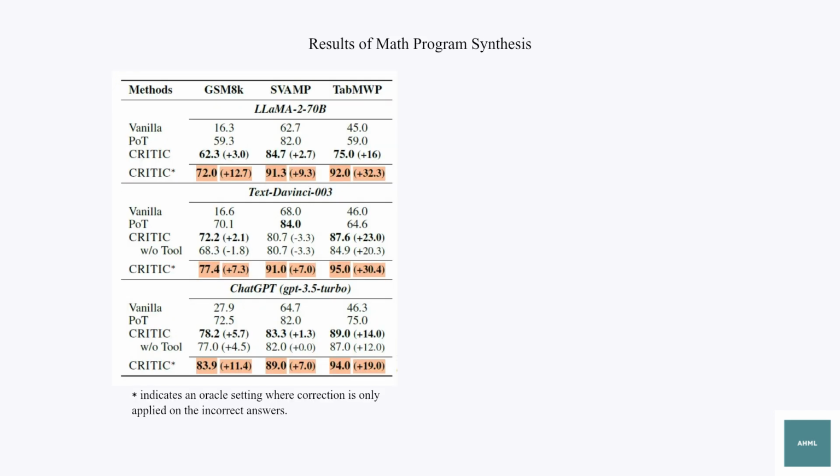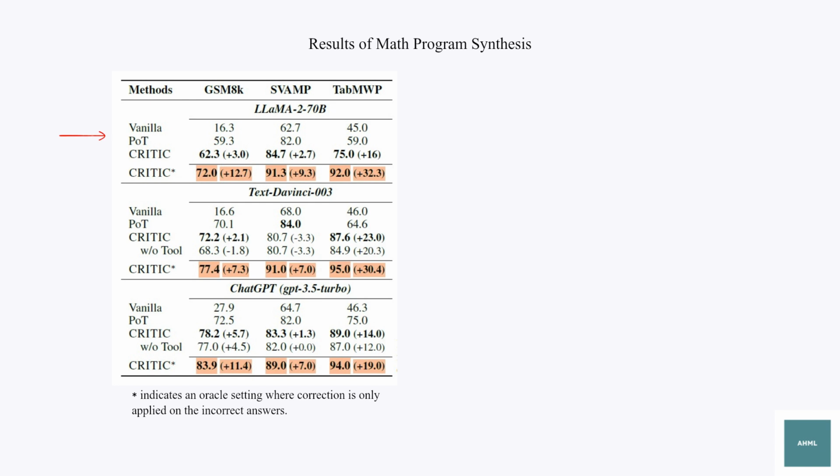In math, the researchers use program of thought to produce an initial program y hat that, when executed, solves a problem description x. They use a Python interpreter to generate error messages and execution results. Each y hat is critiqued and corrected up to 4 times. Datasets include GSM8K, SVAMP, and TabMWP. The final outputs are compared with the ground truth. The EM score is reported as the result.